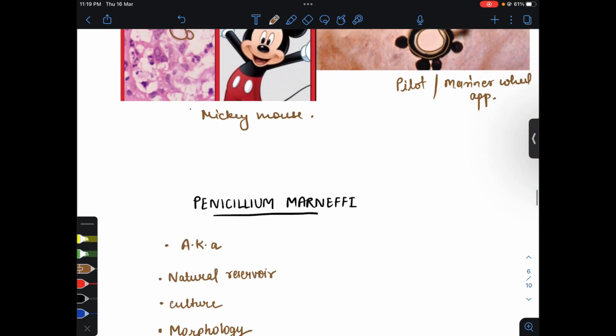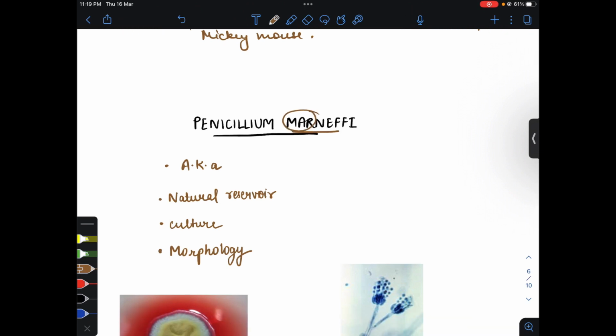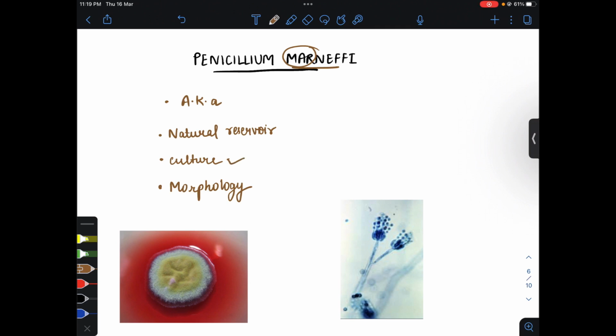Now the next letter P stands for Penicillium marneffei. For this we have to remember the Hindi phrase "मार के लाल कर दिया". When we do a culture, we see a red pigment. Culture is done on SDA, Sabouraud dextrose agar. As I already told you, the stains used for mycology, you can easily watch in my playlist. The video will be there, you can watch there. So for culture on SDA we see a red pigment, as in marneffei, "मार के लाल कर दिया". So red pigment we will see on the culture.